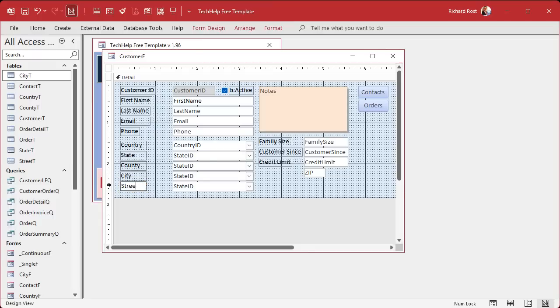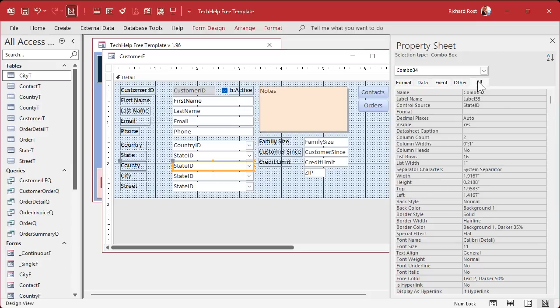And street. And then for each of these boxes, all we really need to do is change the control source to county ID and county name, right? Country combo, I'm sorry, combo. State combo, county combo,